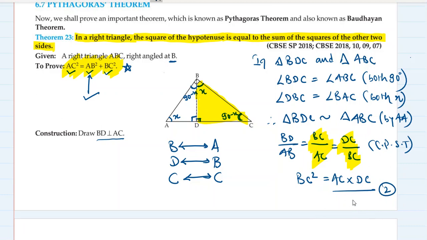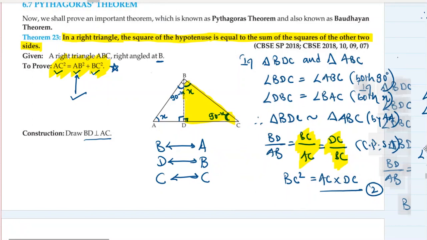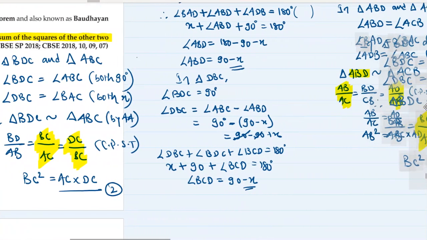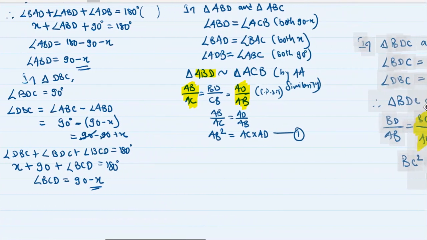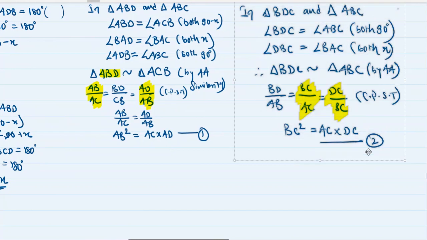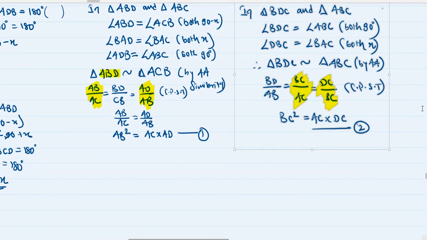Now you will be thinking that we have proved similarity, we have done this angle sum property and everything. Two similarities are done. Yet we are not close to our proof. So what is happening over here? Why is it taking so much of time? And let me tell you that every good thing in life takes time. Okay. So this is going to happen, but you need to be patient. This is the time where we are going to prove it. Okay, so we have equation number 1 and 2 in front of you. What we are going to do with equation 1 and 2?